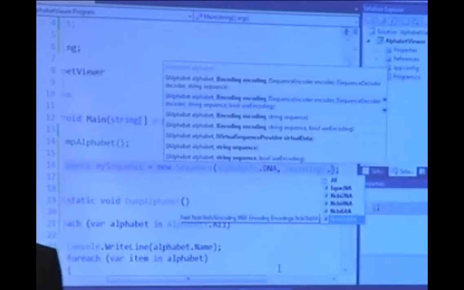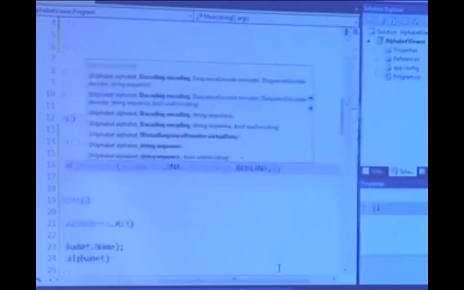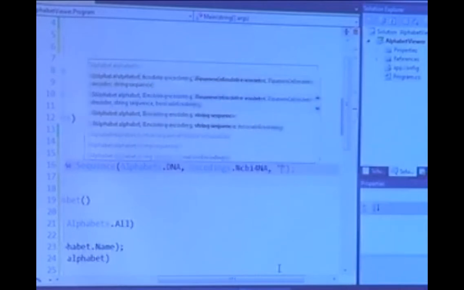All right, and so depending on the data that's being read, you do need to be a little bit careful here. So for example, if I used NCBI 2NA, it's going to limit the symbols that I can actually represent inside the sequence set. All right, because it's going to constrain to just using a couple of bits which symbols can be loaded in here. So let's just pick one of them. Let's use 4NA, and that's a DNA, I believe, and then we can pass in our string sequence.